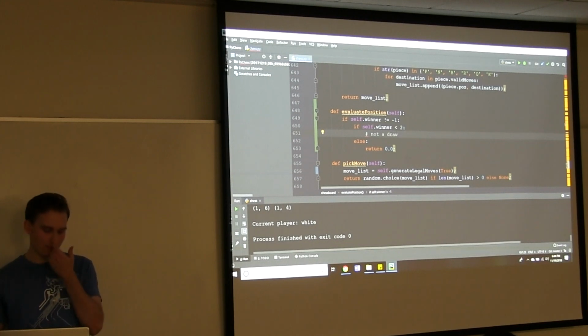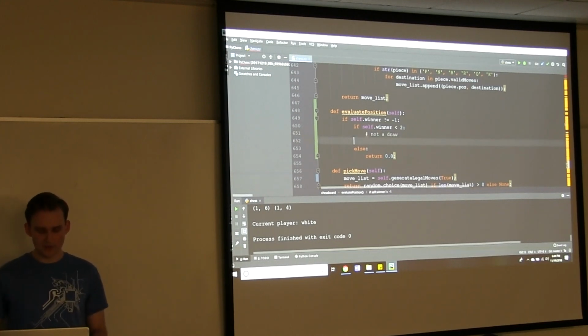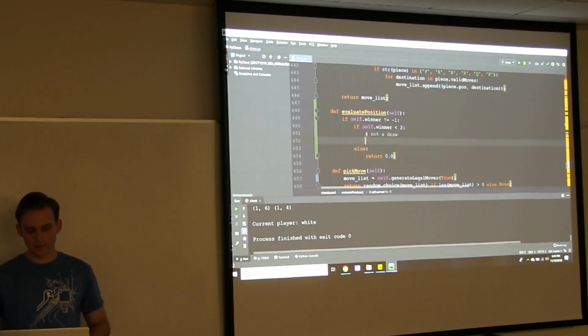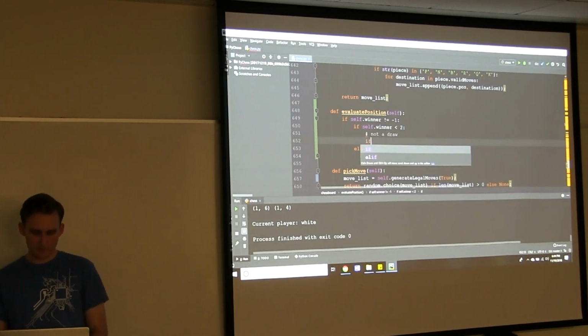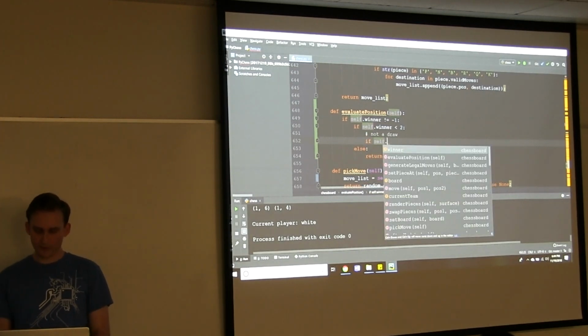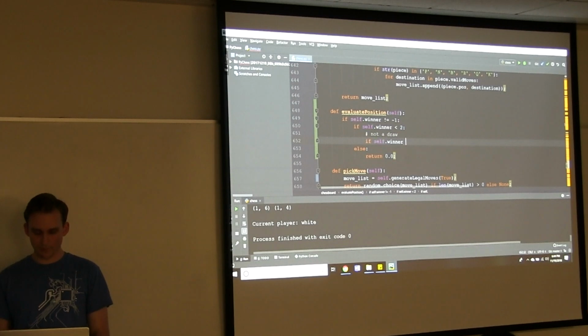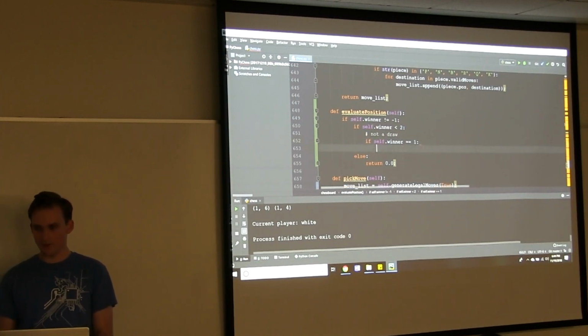And once again, if you remember from the presentation earlier, we are just going to use the fact that chess is symmetrical and return one rating, not negative that based on whether you're black or white. The position does not depend on whose point of view we're looking at, is the idea. So if there is a winner and it's not a draw, we want to find out if it's white or black. This means it's black.